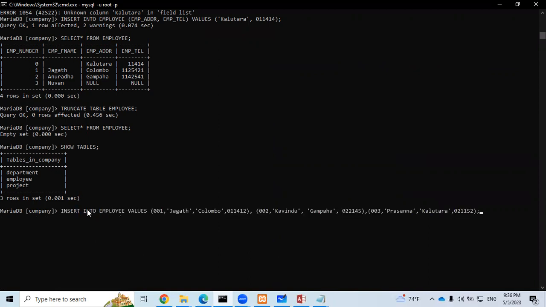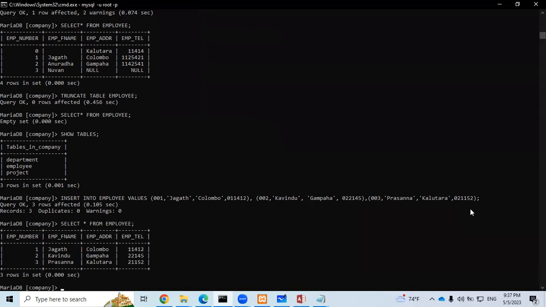So now let's put insert into employee values. Everything is in order, isn't it? Okay, now press enter. So now let's see. Select star from employee. Okay, now you can see from one attempt, we have inserted 3 records, employee number 1, 2,